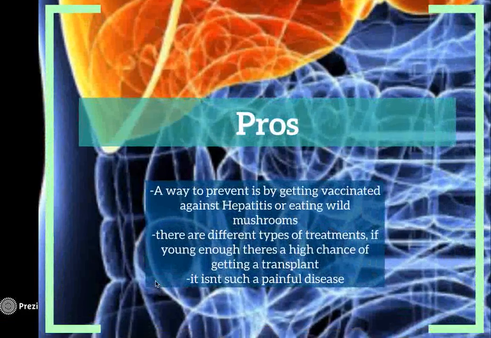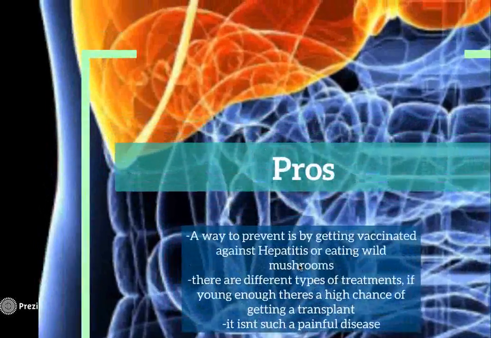Pros. A way to prevent is by getting vaccinated against hepatitis or not eating wild mushrooms. There are different types of treatments. If young enough, there is a high chance of getting a transplant. As I told you guys, people that are older, they don't really get a priority, and it isn't as painful as a pancreatic disease,